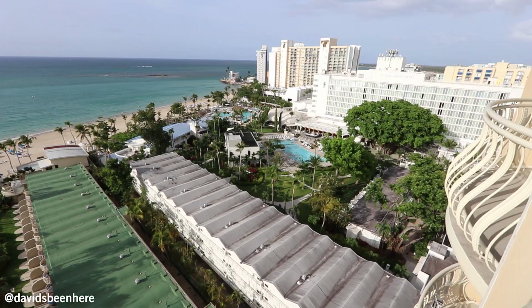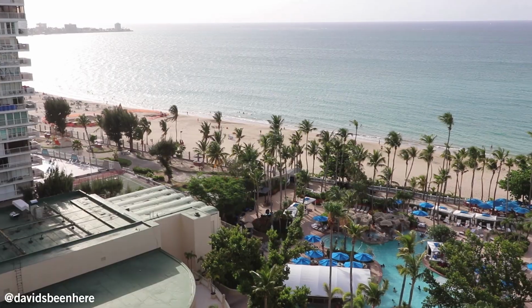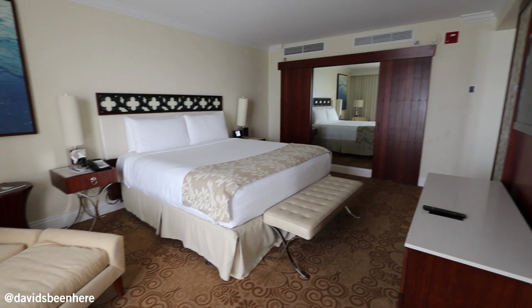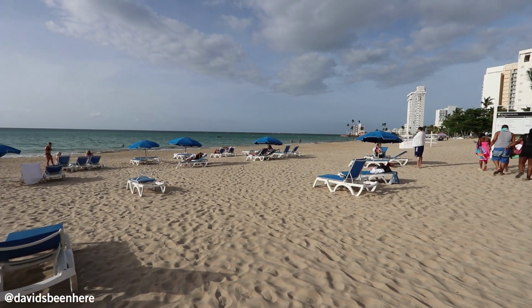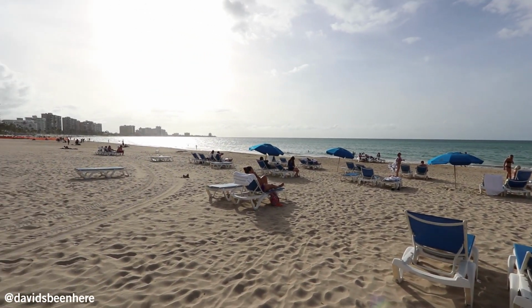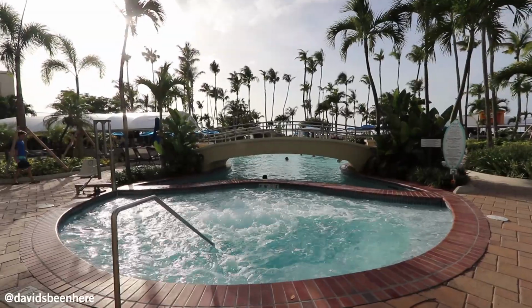My name is Nestor Colon, Intercontinental Head Concierge. As far as the property, we are located 5 minutes away from the airport. This section is called Isla Verde. The property has 398 rooms. We have a great spa, gym, a wonderful beach. In fact, the best beach in the metropolitan area. It's 2 miles long. As far as the amenities, we have a wonderful pool, the spa, the swim-up bar,